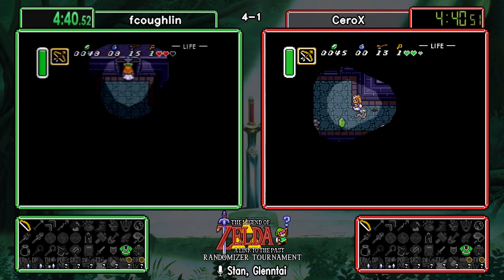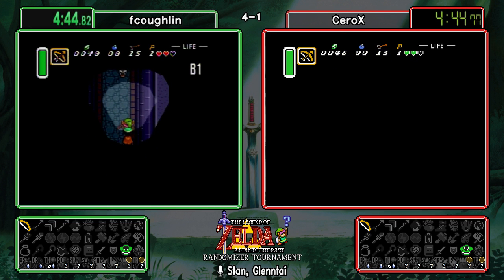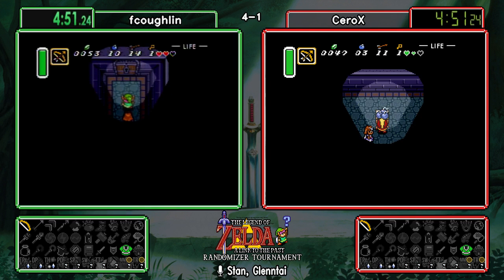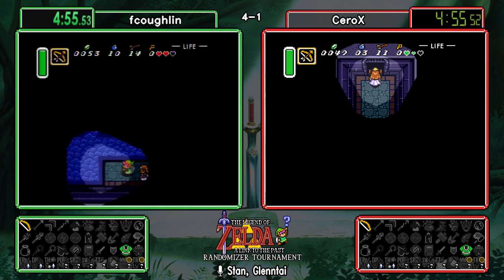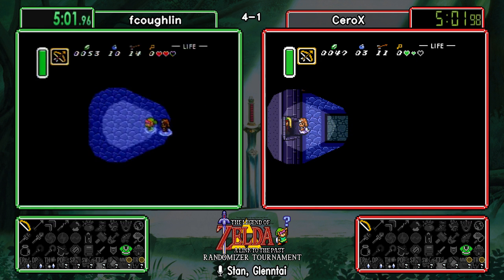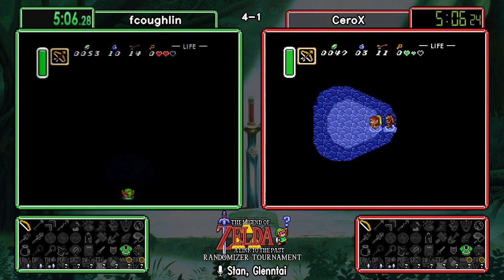Oh, absolutely. Oh, an 8 bomb drop from the rats. CeroX not going for the farm. Now that is a very convenient drop. And that's even more convenient. Yeah. Wow. Well, although that does mean that fcoughlin does have enough to clear Kakariko Village, but...